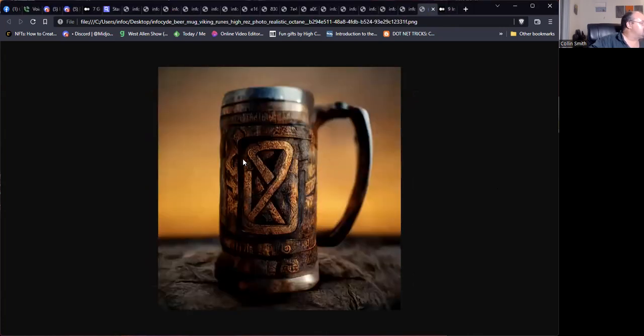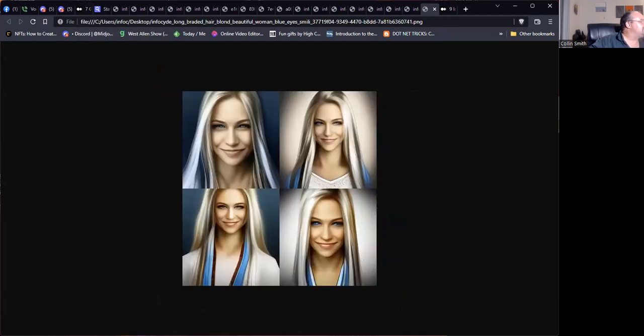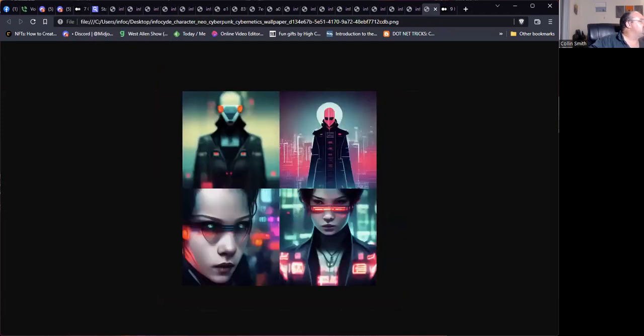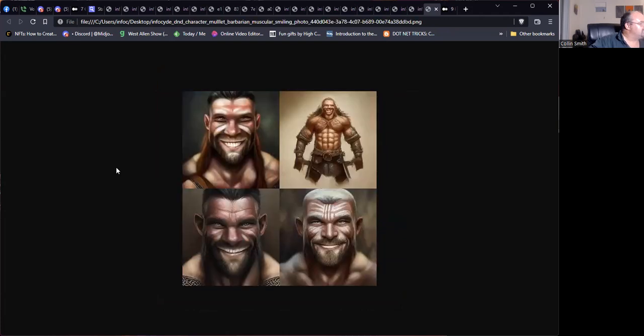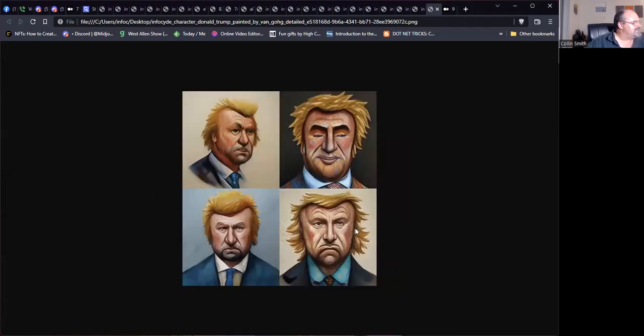Using it to test out some product design. Creating some avatars for a game. Same with this. Same with this. Just crazy stuff. And again, you just watch the people's keywords, see what they put in. Here's what I mean about Donald Trump, how it doesn't really do it. Now I was doing that in a funky style.